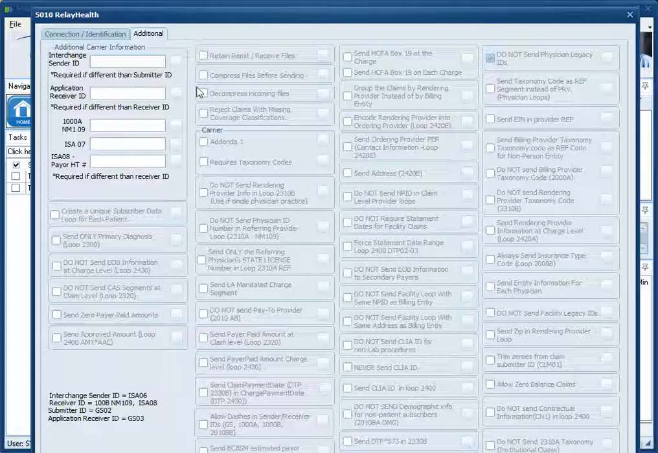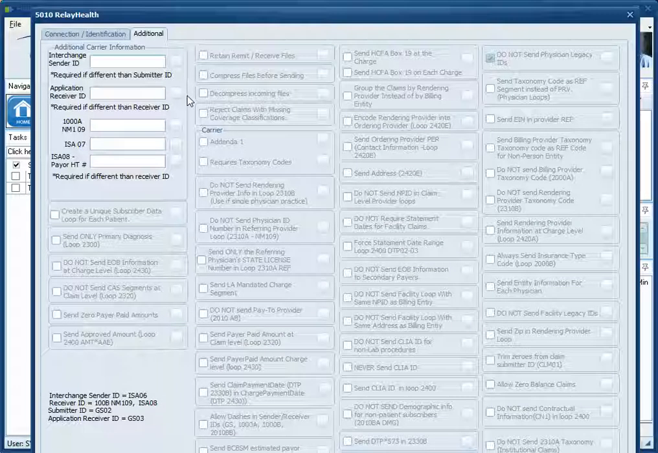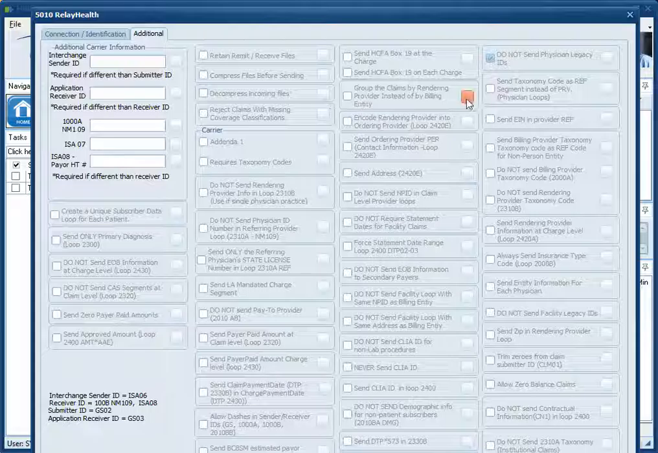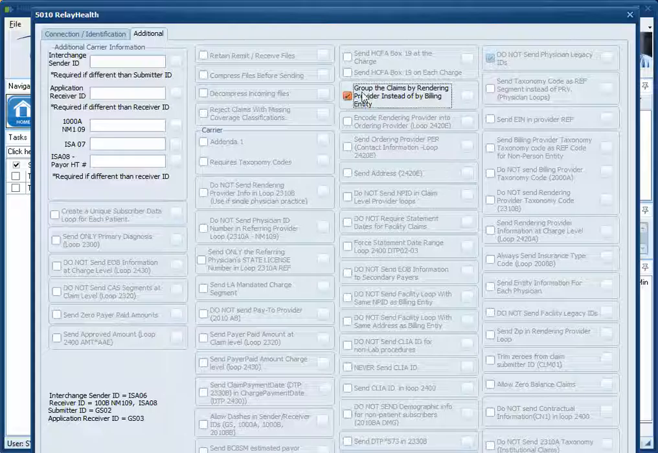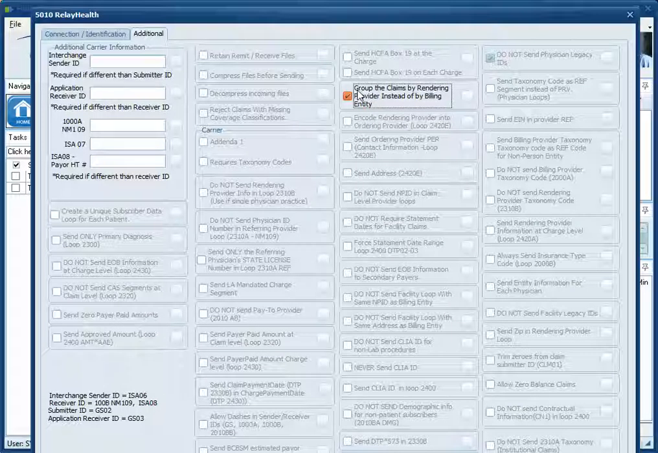Okay, most of the time you will not need to do anything with this at all. Our support team is going to help you get these set up, and they should all follow the same global properties. However, if we did happen to have an insurance, for example this United Healthcare, they want to have the claims grouped by the rendering provider instead of by the billing entity, then we can come check this box just for United Healthcare and not have it affect any of